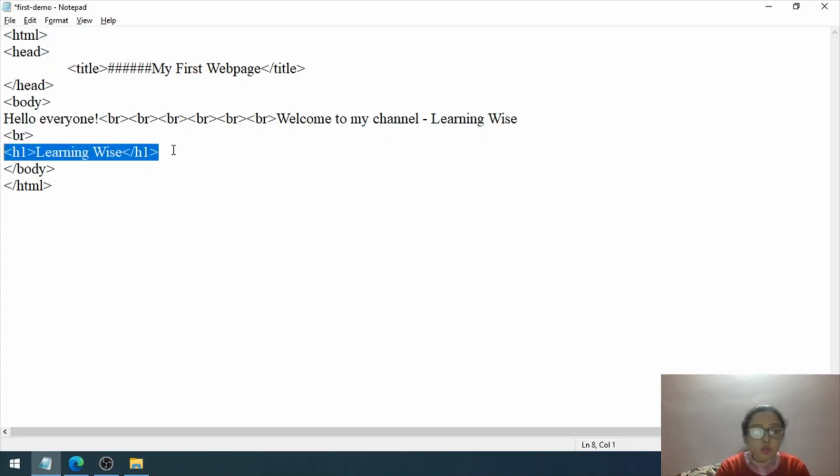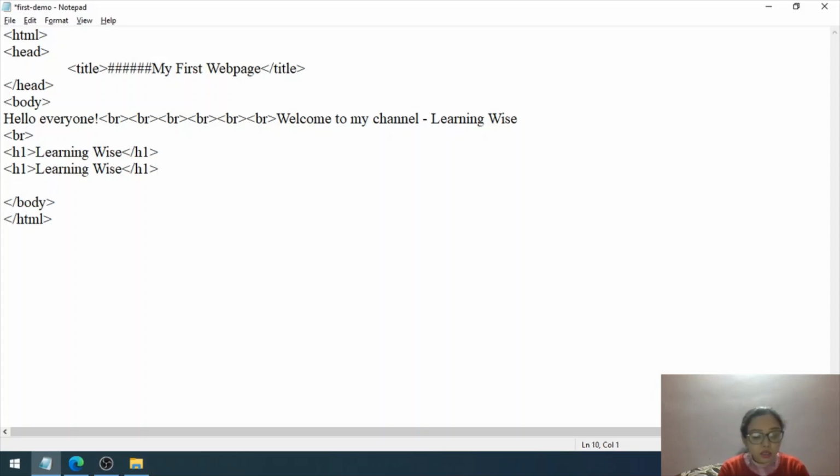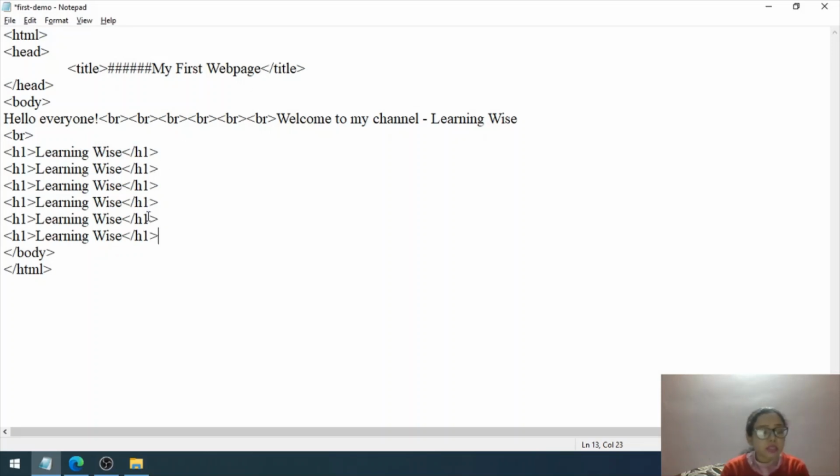Okay, now what I'm doing is I'm selecting this line. I'm copying this with Control C and I'm pasting it for 5 more times. Okay, 1, 2, 3, 4, 5, and this is 6. Okay, now what I'm going to do is I'm simply going to change the numeric value so that you can see the difference in all these headings.